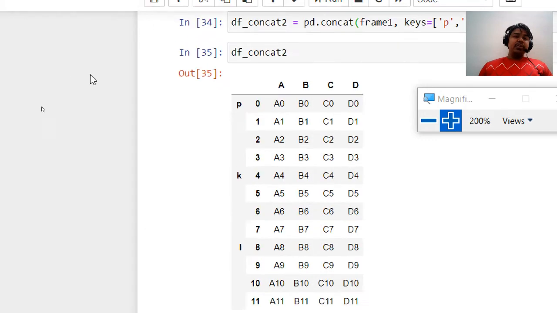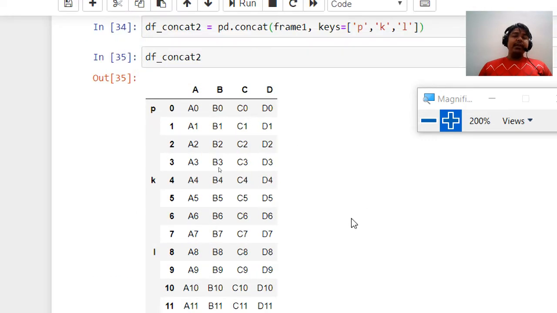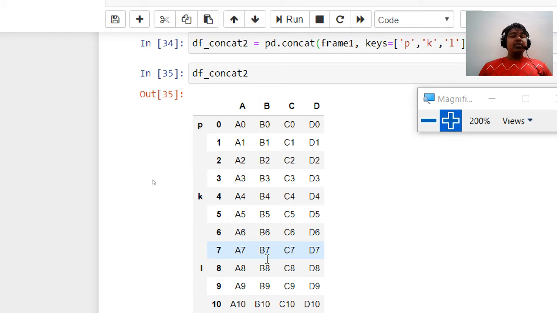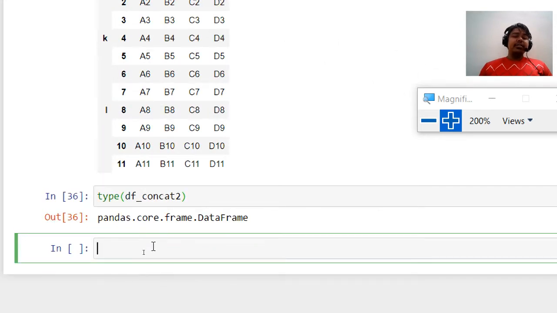Consider it to be a very huge data frame, and we would like to fetch, let's say, this data frame or this data frame or this data frame from this bigger data frame. How are we going to do this? We'll be referring to the keys in df_concat2, and these are the custom keys, so we'll be using the loc function. There is another function called iloc. iloc is used to refer to the index which is given by Python only, but we will be referring to the keys which are given by us.